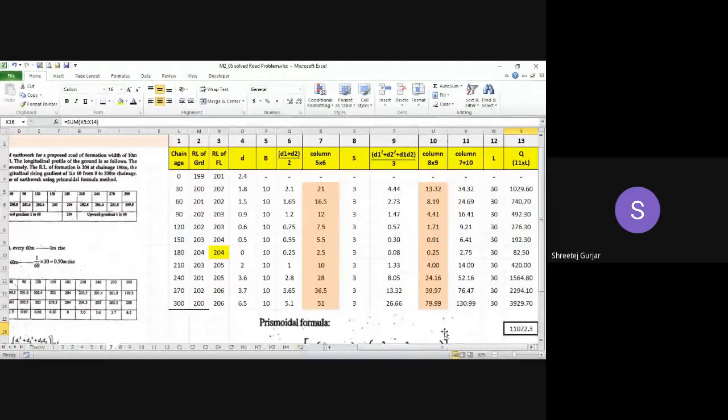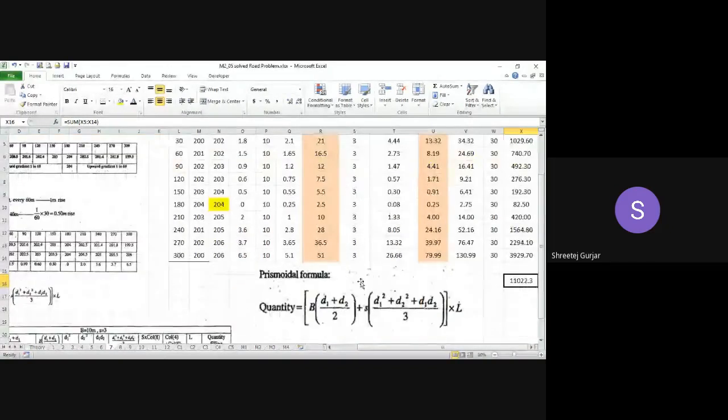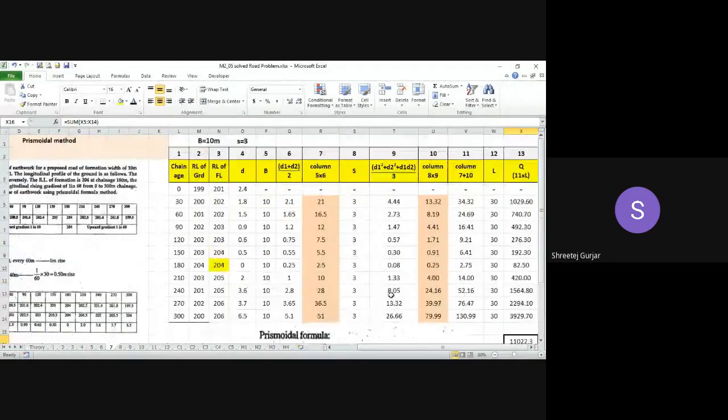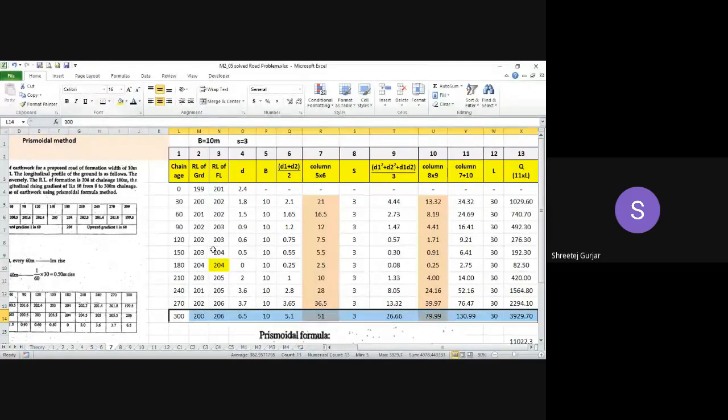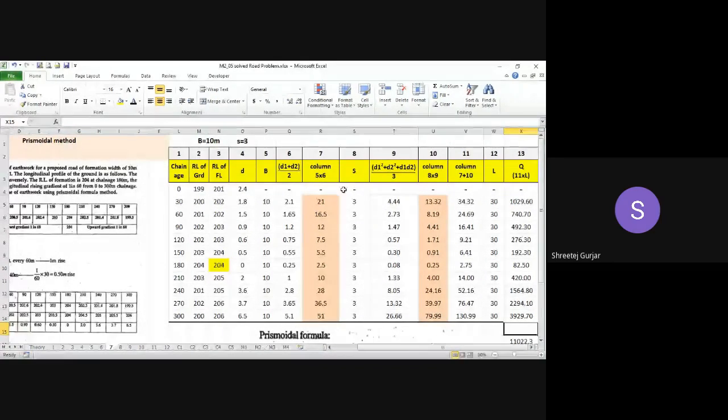So is this numerical clear, guys? The tabular column is a bit larger compared to your previous one because the equation is also larger, so the tabular column becomes bigger in size. Is this calculation clear? It is just a calculation, nothing complicated. You only have to type correctly in your calculator and note down the things correctly. If you make any mistake in the D calculation, your whole problem will go wrong. So make sure your initial steps are perfect. Take time in calculating B, D, all those things, so that your later calculations are not wrong.